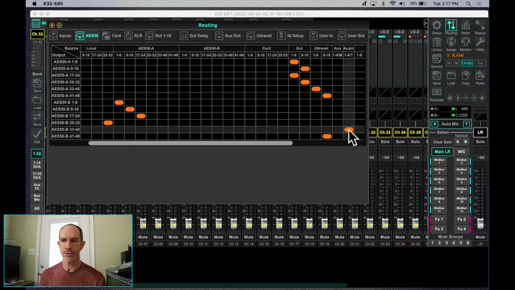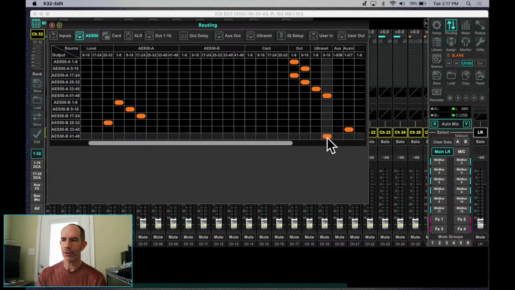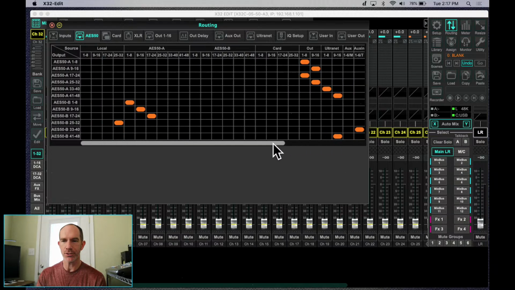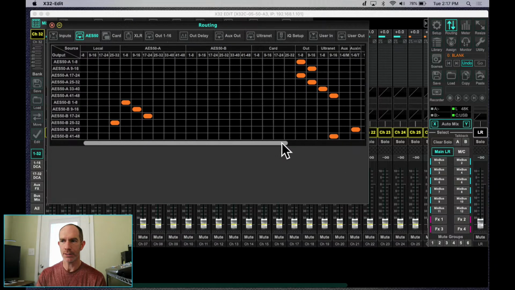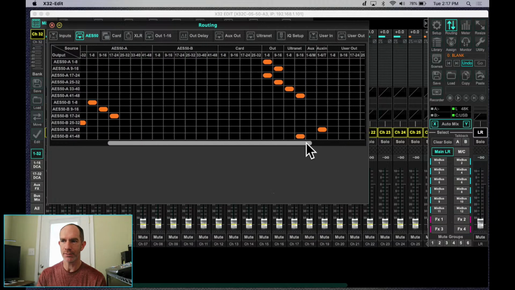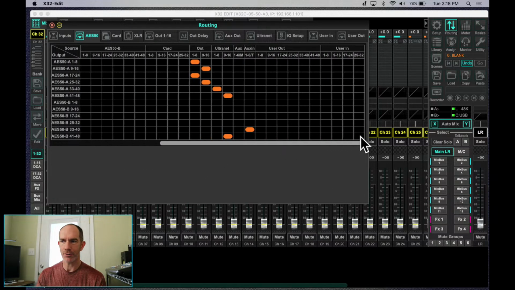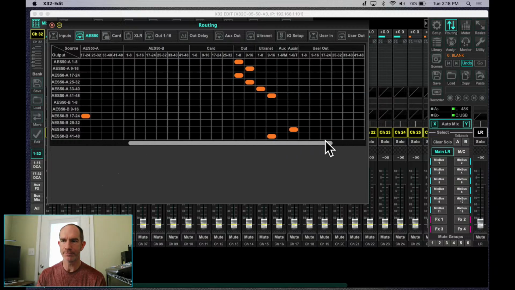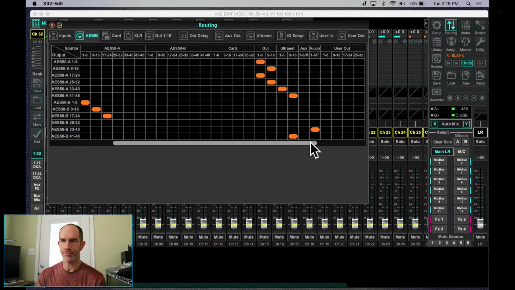So we have all of our inputs. We've now got our aux ins and talkback all being sent down to our other console. There are 8 additional channels, but I don't think we need to use those in this situation. And you might just find a generic place for them to land. There's not really an off button in here, but just kind of looking through it,